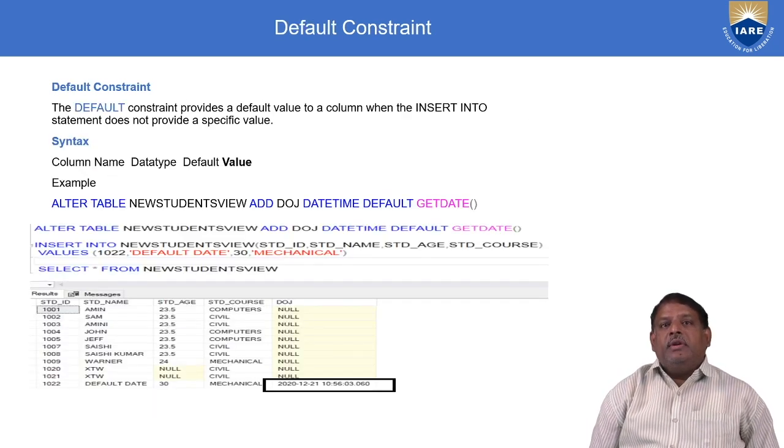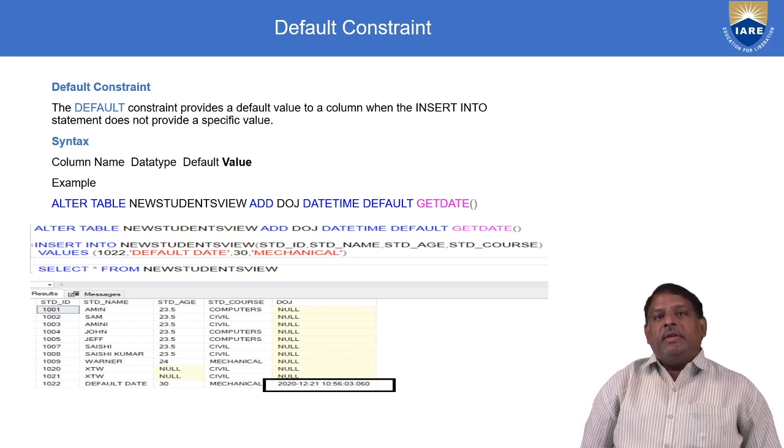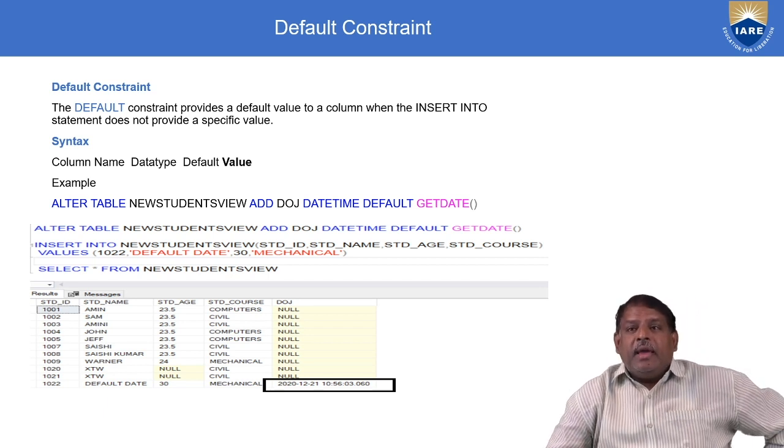This is the not null constraint. Now the default constraint. The default constraint provides a default value to a column when the INSERT INTO statement does not specify a value. For example, I have added a new column called DOJ, date of joining. I am saying it has a default of GETDATE. That means if I don't provide any value to this DOJ column, then automatically GETDATE will be inserted.